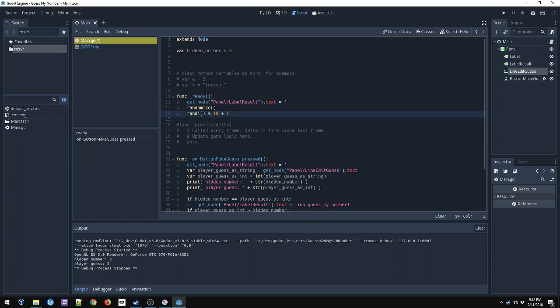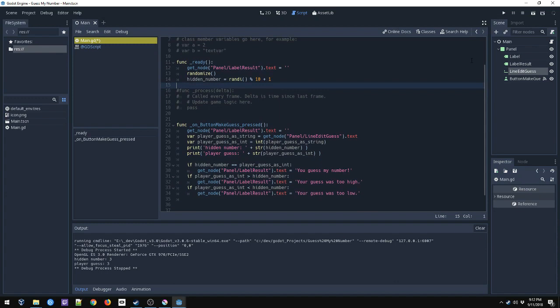Alright, so if I do this, all it's going to do is generate that number, and it's going to float off into nothingness. But what I want to do is stick that in the hidden number. How would I do that, do you think? If you thought of the assignment operator, you're correct. So I'm going to assign this to hidden number. And if you remember, the right hand side goes into the left hand side of the assignment operator. So now if I run my game,